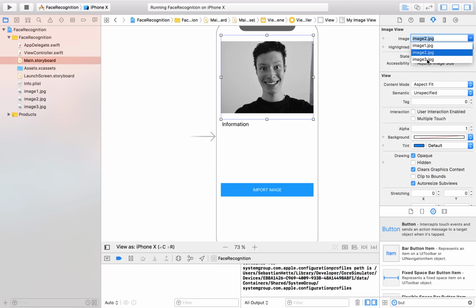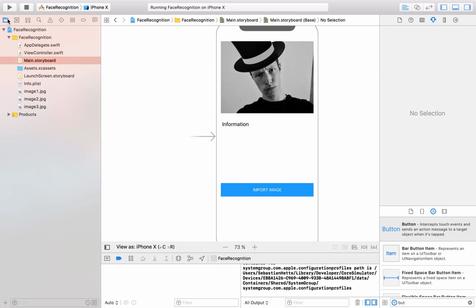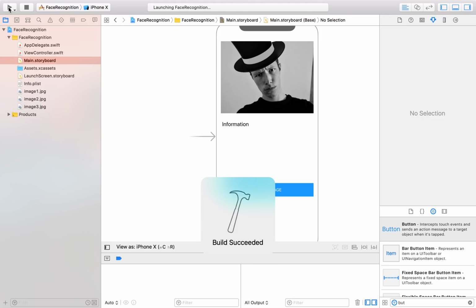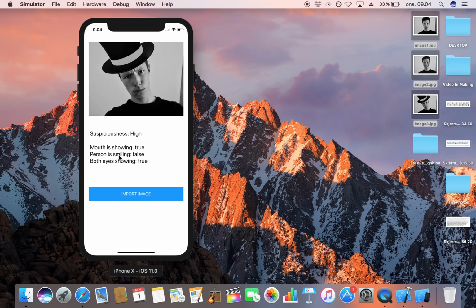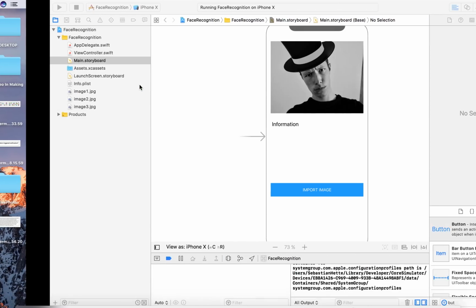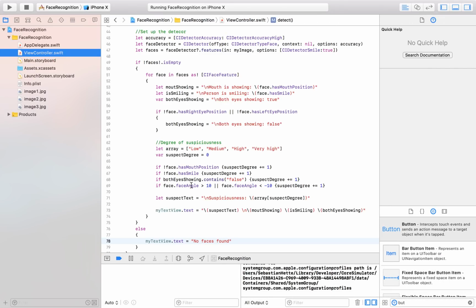Let's try number 3. He looks really suspicious. Let's see if our application thinks so too. And here we go. Suspiciousness high, mouth is showing that's true, person is smiling is false, both eyes showing is true. And because the face is tilted to such a degree, that means we got suspect degree plus 1 down here, which makes him